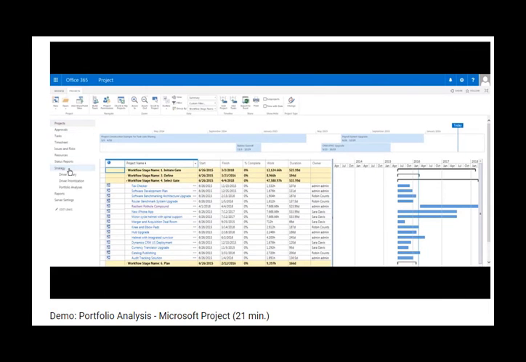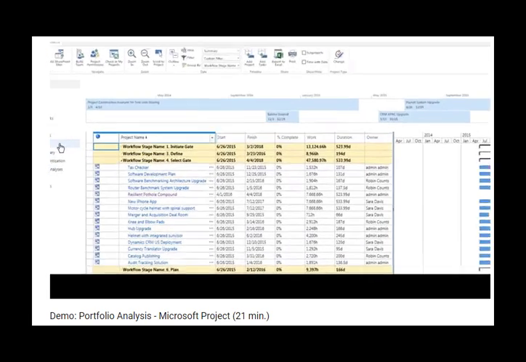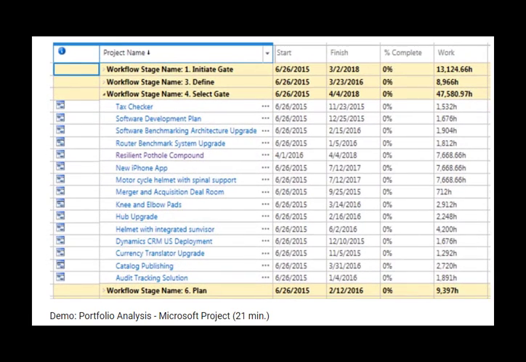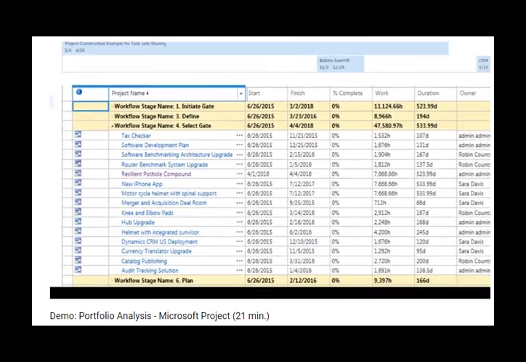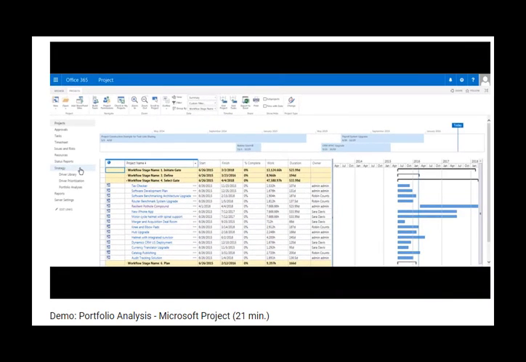We are currently in the Project Center view, where we can see the projects and initiatives grouped by phase. And in the expanded portion of the view, we can see the initiatives that have reached the selection phase. These are the initiatives that are prime candidates for a portfolio analysis. We will proceed to navigate to the portfolio analysis section now by clicking the strategy link on the quick launch